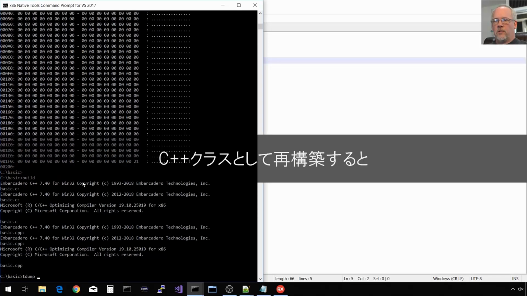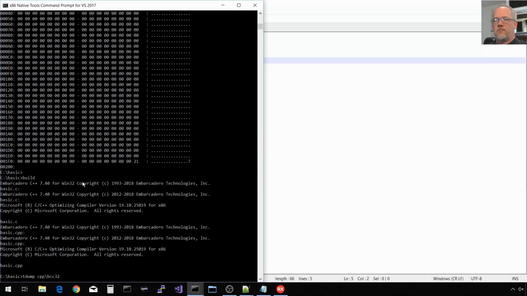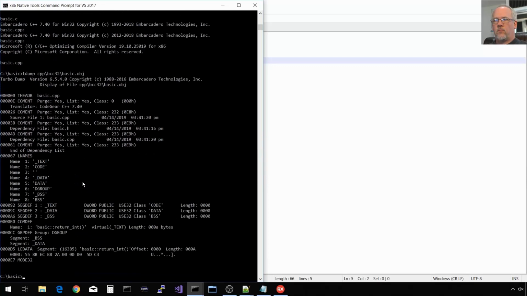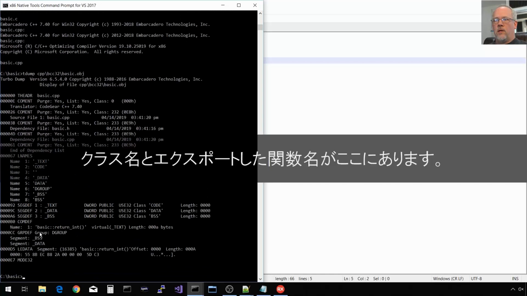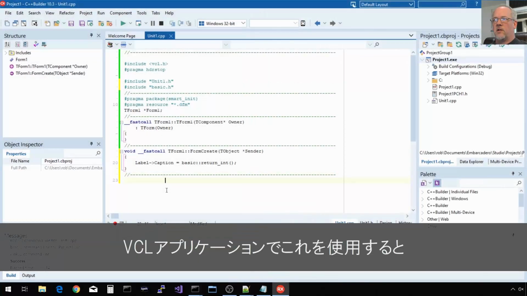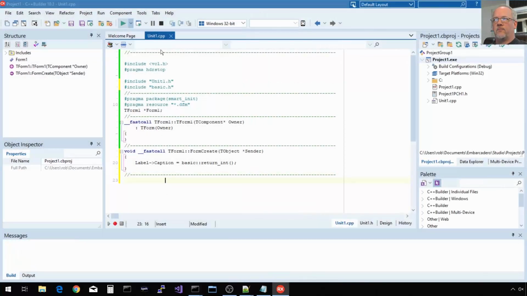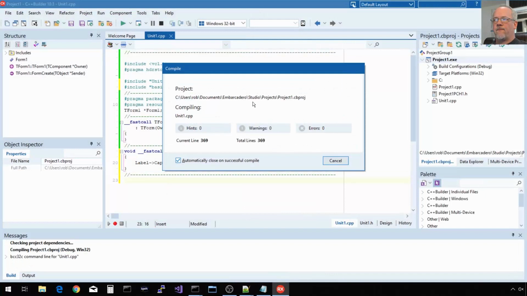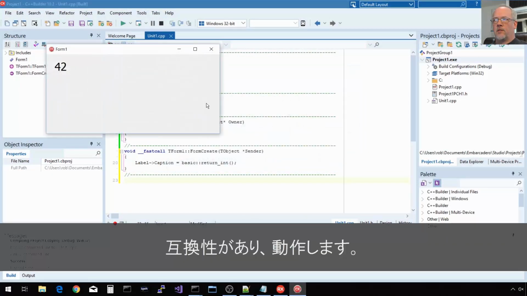But now that we've rebuilt it as a C++ class, we get actually a class name in our exported function name here. To use this in our VCL application, it's compatible.